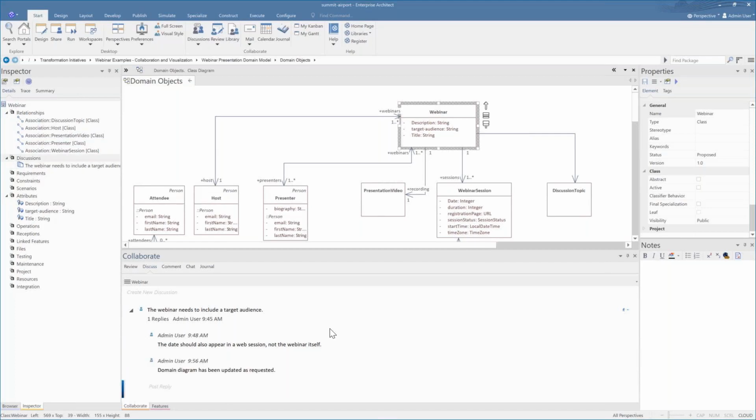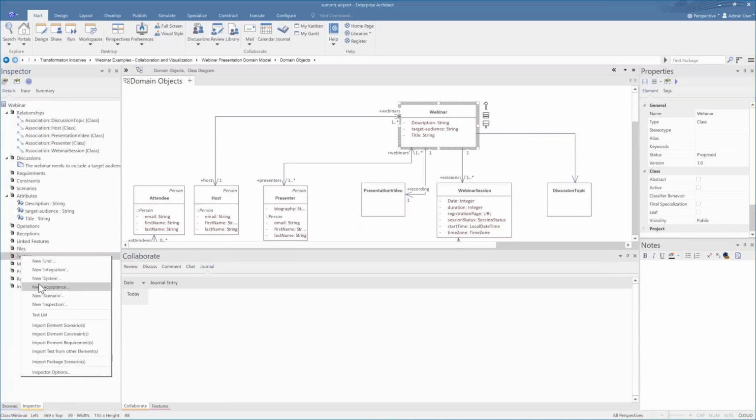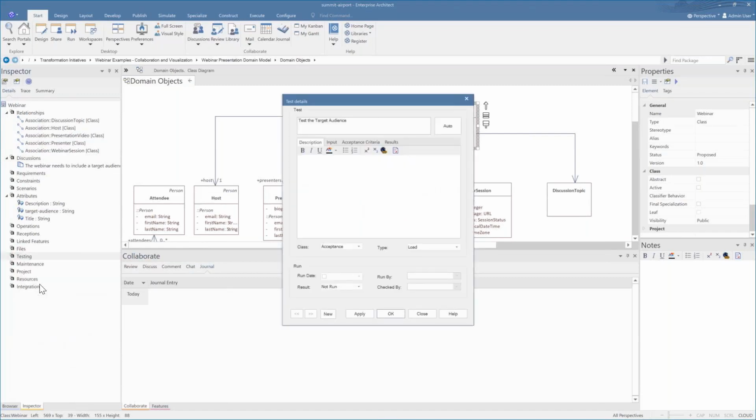So although I'm showing you how the inspector window works, I want to emphasize that what we're doing is improving our workflow, because we're able to get information, comment on elements, have a chat, engage with model mail, talk with our fellow staff members wherever they are located in the world, and we're able to add new attributes, add new discussions. Here, now that we've created a new attribute, we need to run a test. So from the inspector window, I can automatically create a new test to test the target audience.